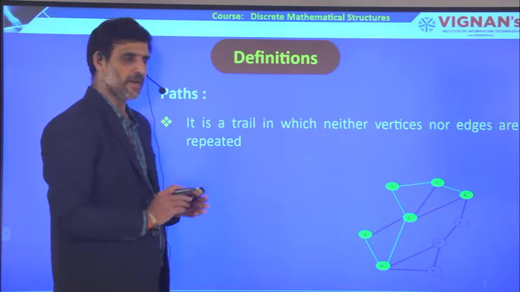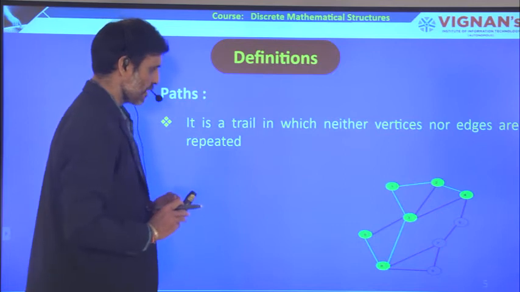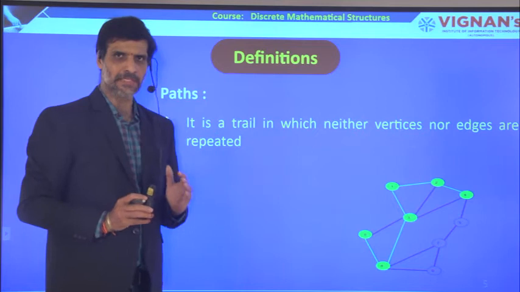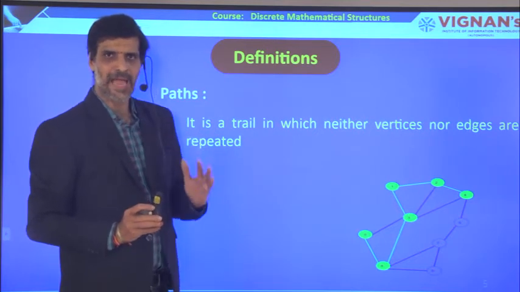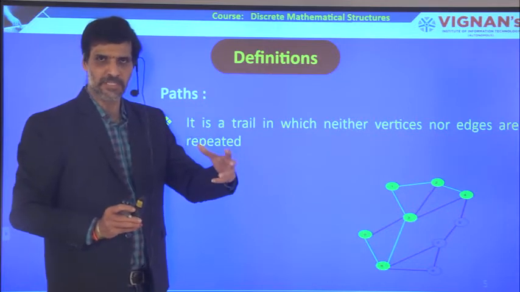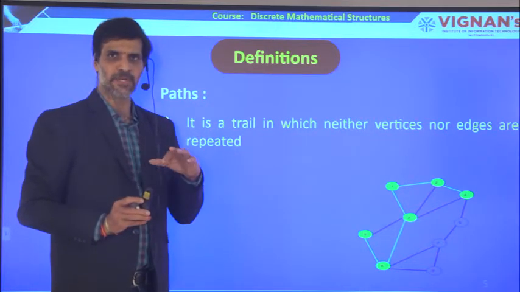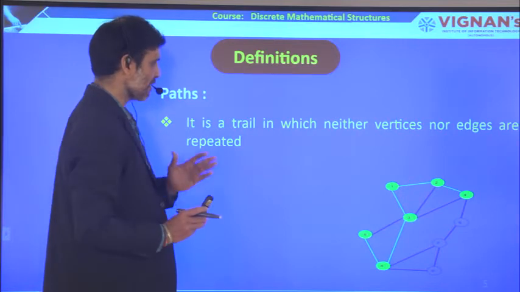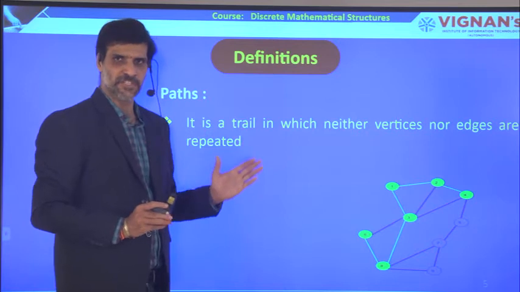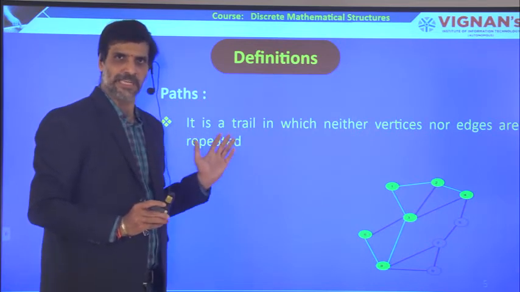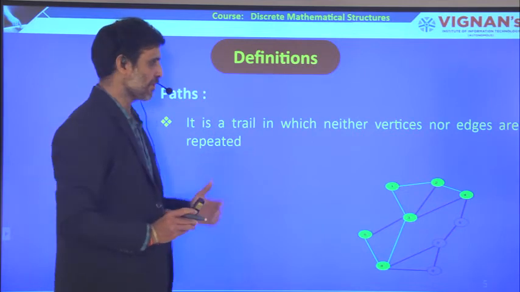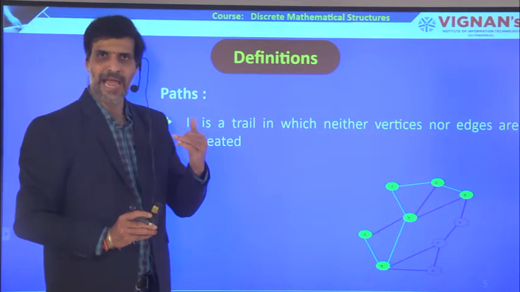Now let us define what we mean by a path. Based on this, we are trying to define two important paths: Euler path and Hamiltonian path. Euler path is defined based on the edges and Hamiltonian path based on the vertices. We'll define them shortly, after going through the basic definitions of walk, trial, path, and then we are going to discuss cycle and circuit.